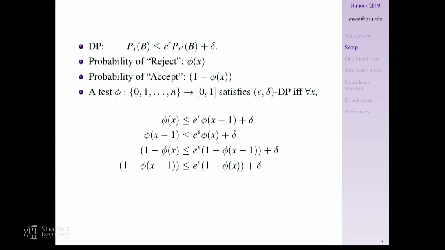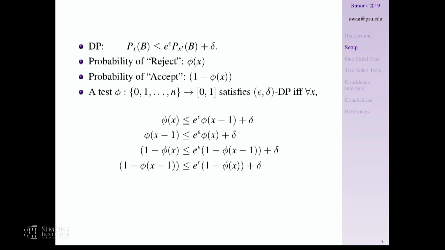The only adjacent database is where the value x increases or decreases by 1. And so we can take all these abstract inequalities and write down these 4n inequalities here.